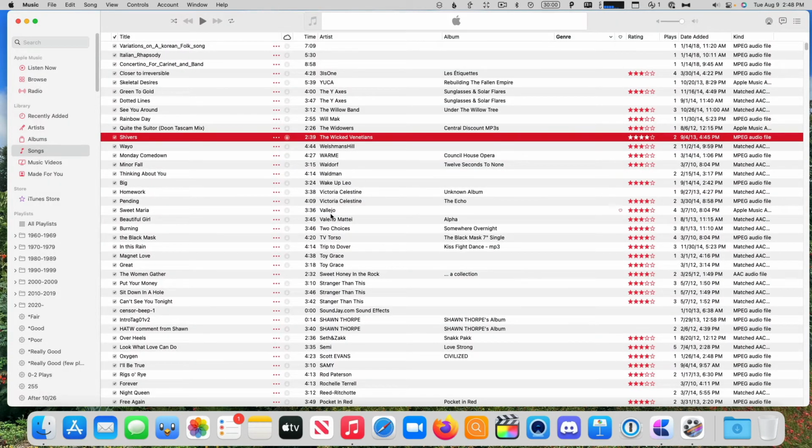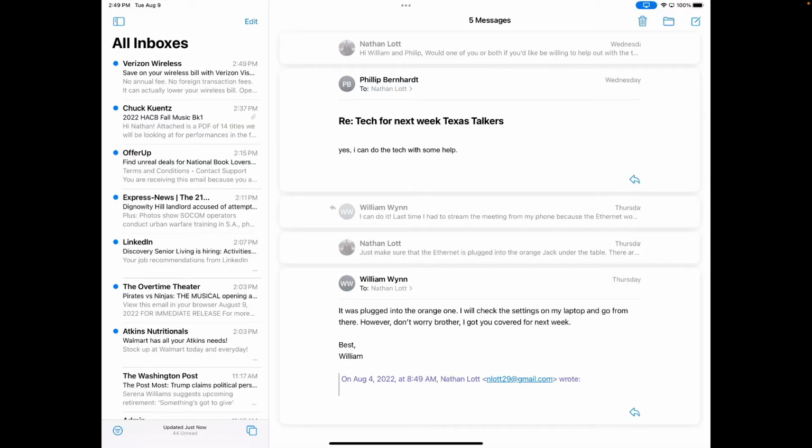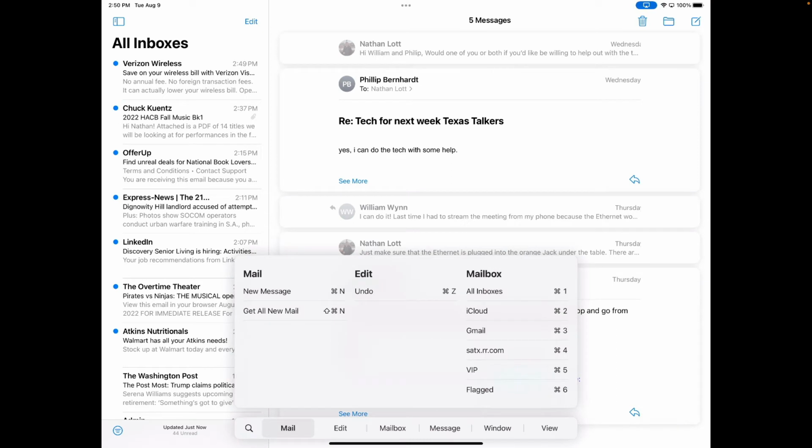Now let's take a look at what the iPad has to offer. It has its own built-in cheat sheet, but only if you have an external keyboard. So again, I'm in Mail. And if I hold down the Command key on my external keyboard, I get some keyboard commands. So they're divided by category: Mail, Undo, Mailbox, and then I can click on